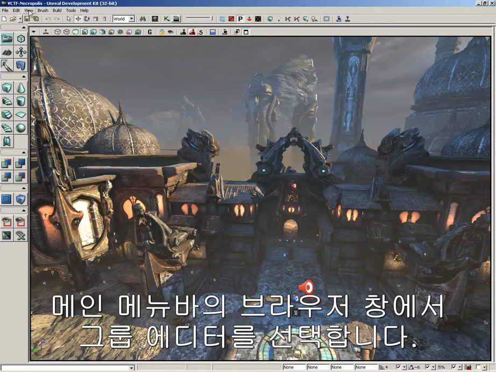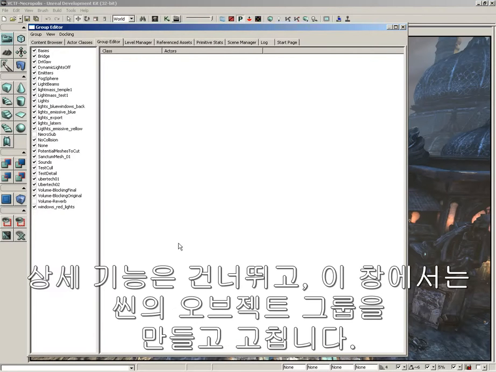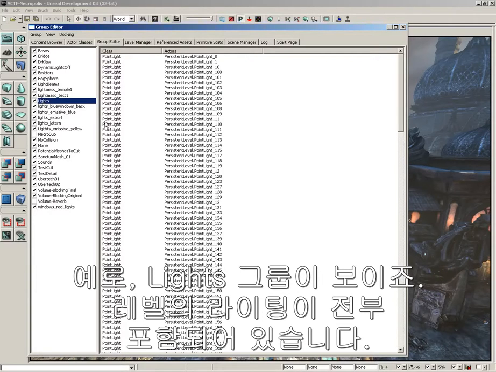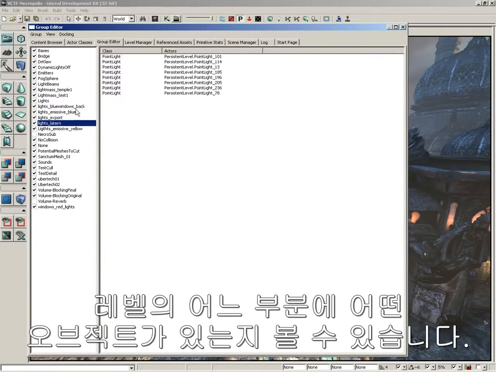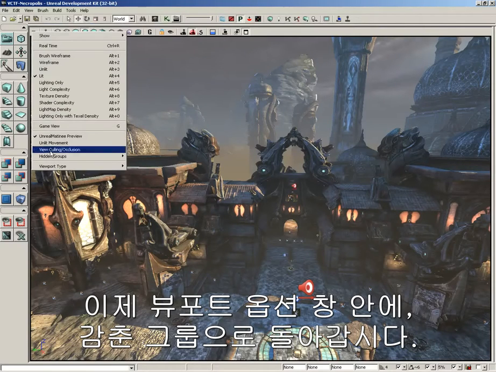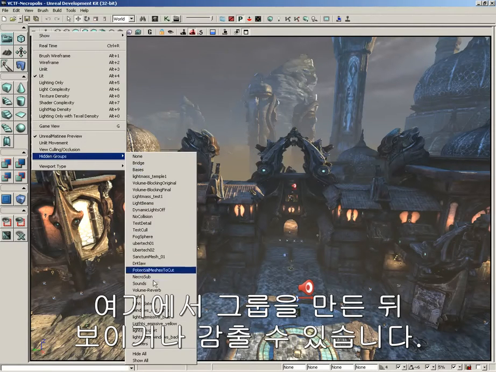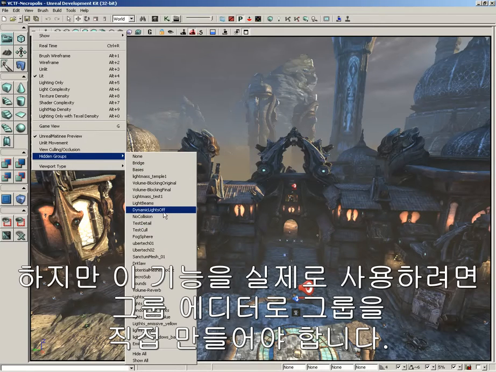If we go to the main menu bar, we go down to Browser Windows and choose the Group Editor. This window, without going too far into its functionality, allows us to create and edit groups of objects in our scene. For example, you see there's a lights group, and this contains all of the lights in the level. So you could sit here and selectively grab any one of these groups, grab the objects within them, and see what objects are placed in any part of the level. Now, inside our Viewport Options menu, we can come down to Hidden Groups, and we can show or hide any one of these groups after they're created. That's really all there is to it. Very, very straightforward, but you have to have created a group on your own using the Group Editor for that